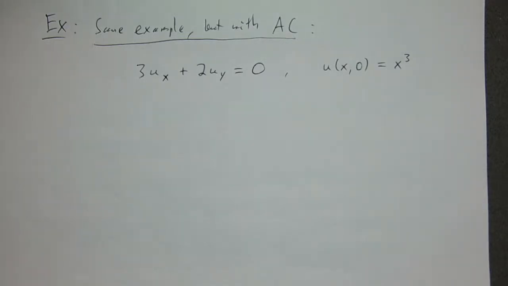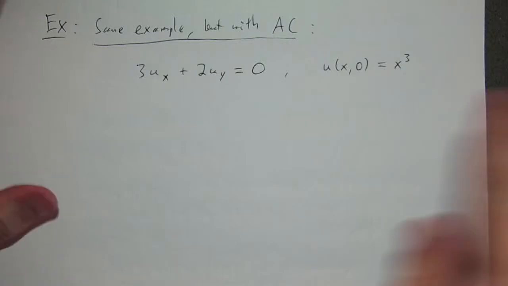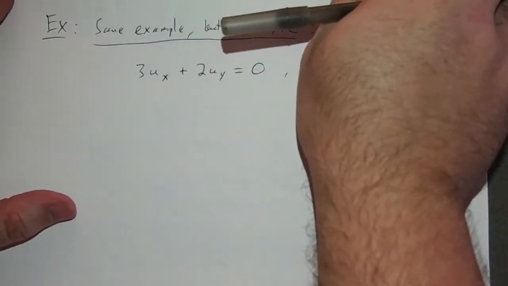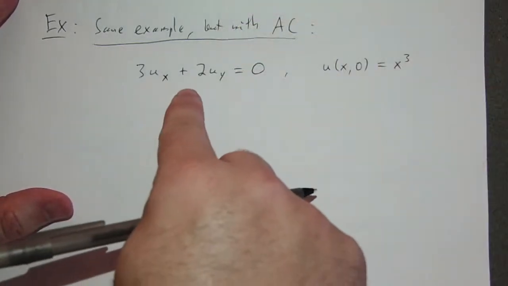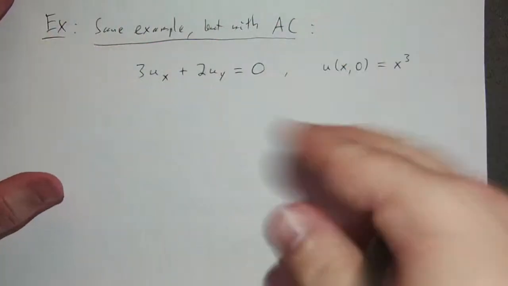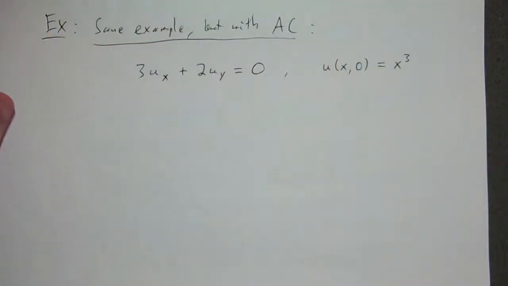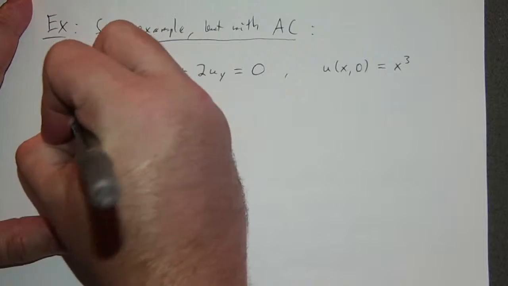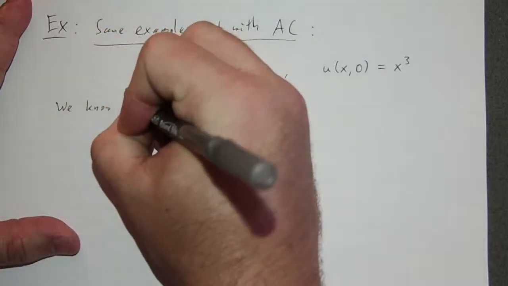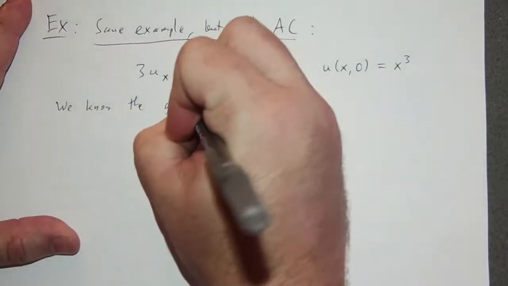All right, so the good news is that we know what a general solution to this PDE is, ignoring the auxiliary condition. So I know what the general solution has to look like, but then this auxiliary condition should force a particular choice of function. That's the idea here. So we know the general solution